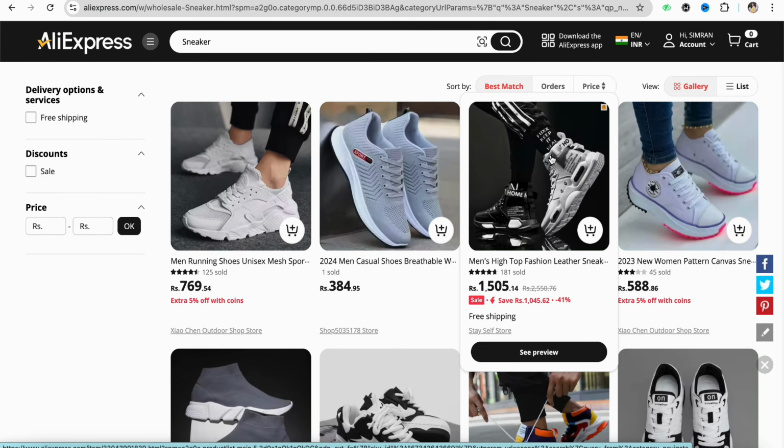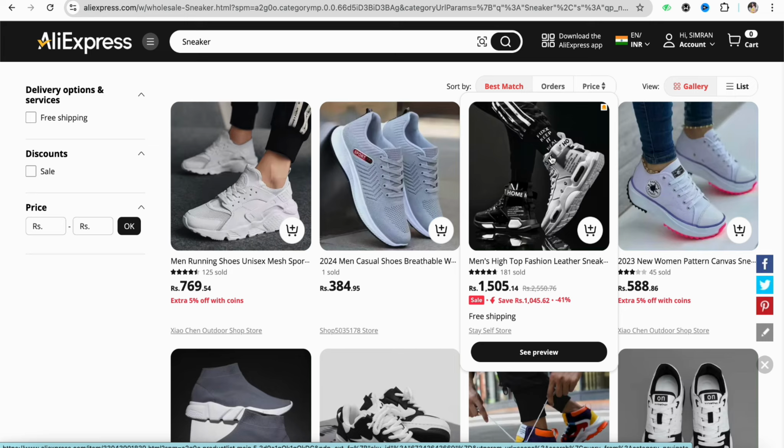So for example, you will need at least 1000 inventory for the initial listing on your Daraz website. So you can get the different sizes in those 1000 articles of the shoes, so you can place the order accordingly. And once you have placed the order for the inventory that you are going to get from your Aliexpress account,